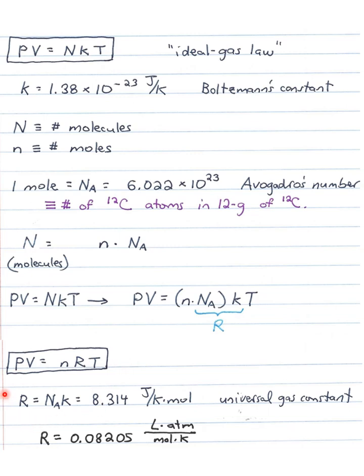So R, the universal gas constant, is Avogadro's number times Boltzmann's constant. We get 8.314 joules per Kelvin mole. Now, I've also written down below it another useful version of it, just in different units, in non-MKS units. It's 0.08205 liters atmospheres per mole Kelvin. And I recommend you write that in the front flap of your book, right next to the R that's written there,